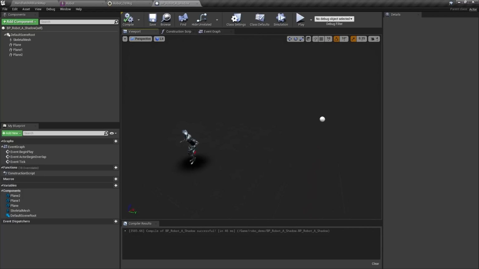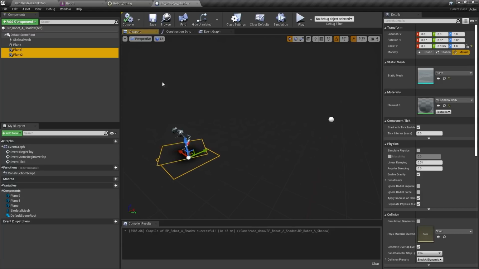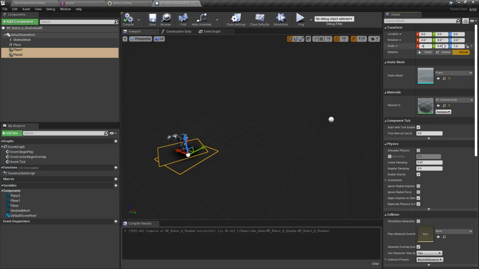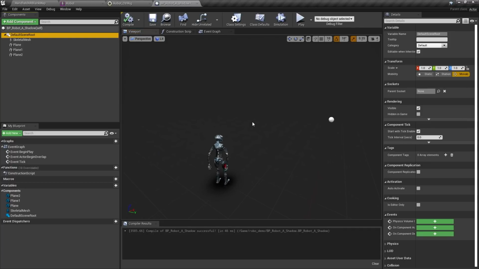And you can see that we've got 3 planes tracking those 3 virtual bones. So I'm going to grab these guys and just, I don't know, I think maybe 0.2 by 0.3 or something might look a little better on those guys. Cool. So there are our little contact patches that we use to ground this character in AR, which is great. So we can compile this and save it.